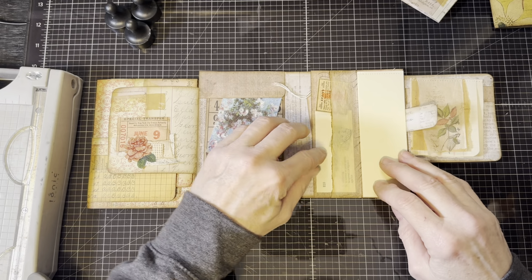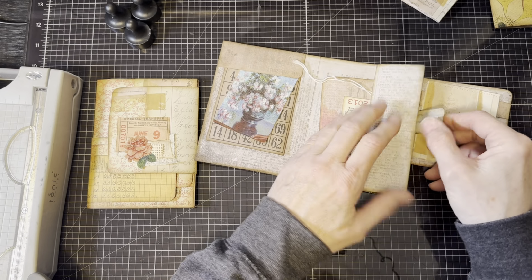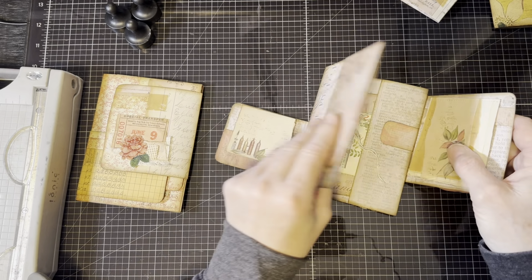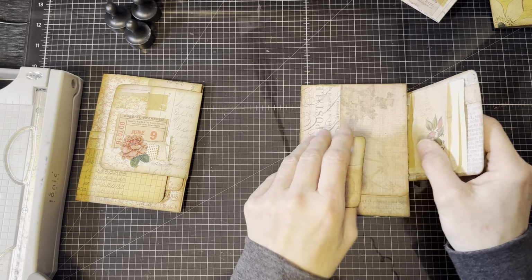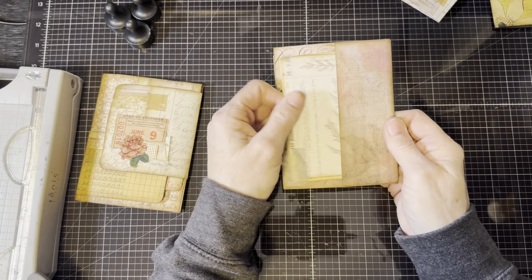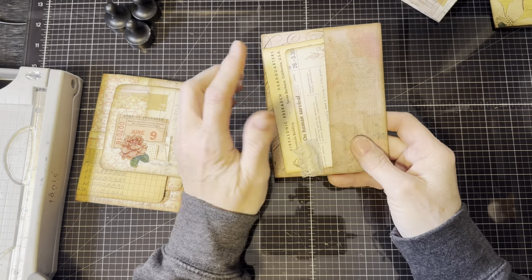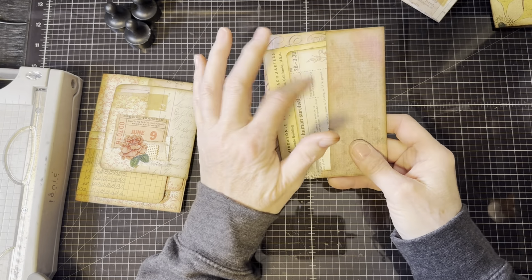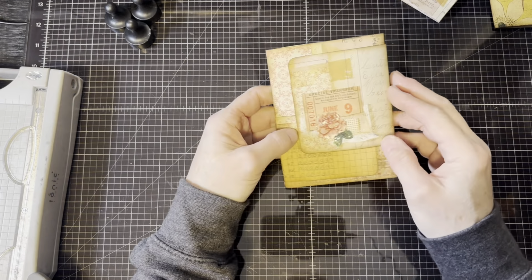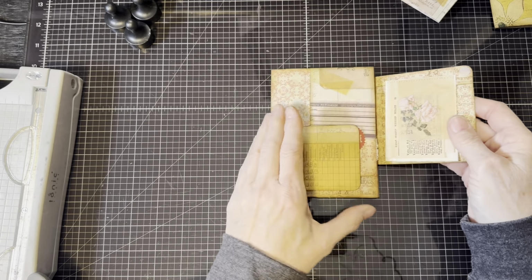Same idea, vocabulary card, postage stamp, and a coupon. And the hidden notepad. And on the back of this one, same idea as the last one, just a couple of vintage pieces, I think. I'm not sure about this one. And that is that. And then this last one, a tiny cluster on the front, a notepad on the inside